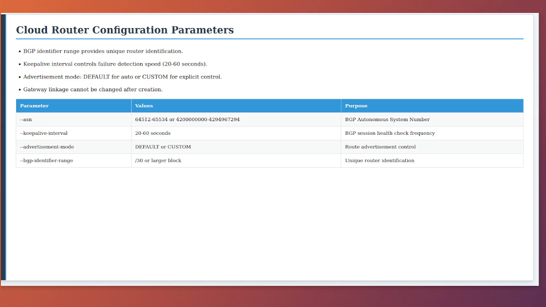For the advertised routes configuration, you have flexibility in what routes to advertise. The advertisement mode can be default to advertise all subnet routes automatically, or custom to explicitly control advertisements. With custom mode, you specify ranges using set advertisement ranges. When using custom advertisements, consider which ranges your on-premises network needs to reach resources in Google Cloud. This typically includes VPC subnet ranges, but you might also advertise specific service IP ranges or summarized prefixes to reduce